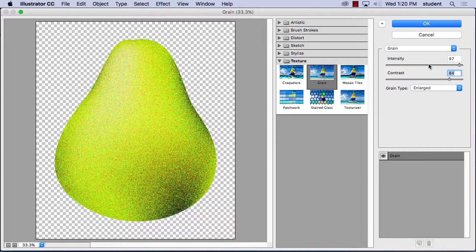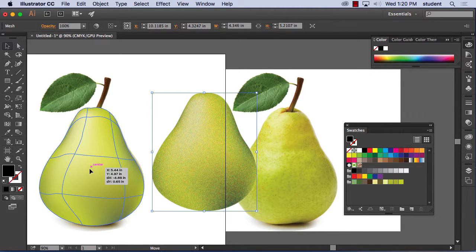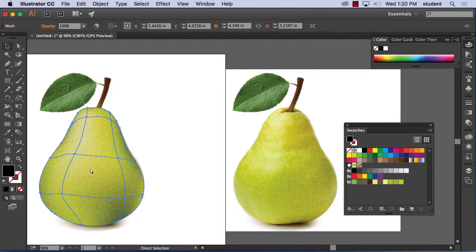So I'm going to kind of exaggerate it here with some dots. Then when I'm done, I'm going to hit OK, and you'll see it looks kind of like texture, but it doesn't look very good. So if you want it to look better, I can put it right over top of my other one, and then I'm going to blend these two